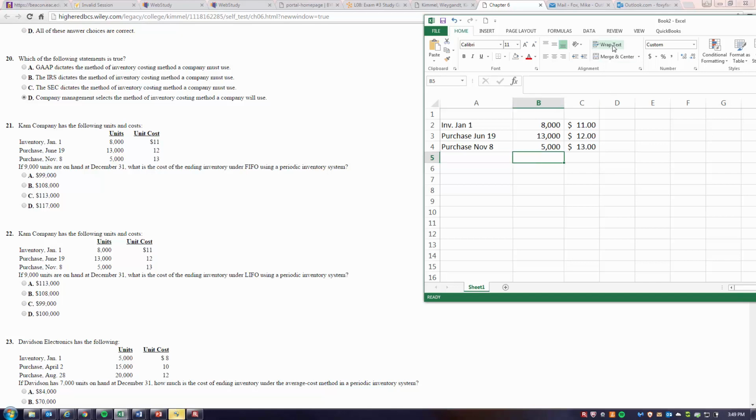what, 17,000 of these in order to have only 9,000 left. So the question would be, which ones are we assuming that they sold? If there's only 9,000 left, we're going to assume that they sold all 8,000 of the January 1st units. I'm just going to highlight that. And we're also going to assume that they sold a certain number of